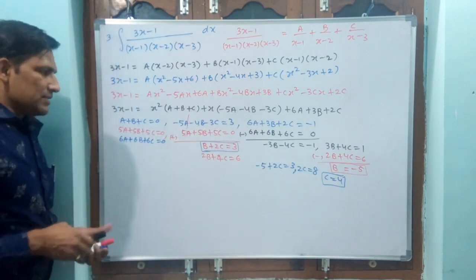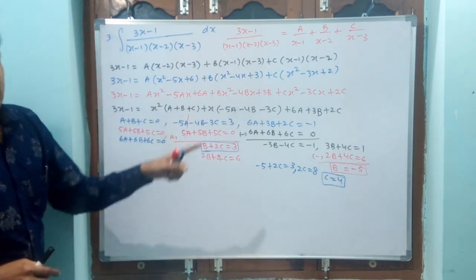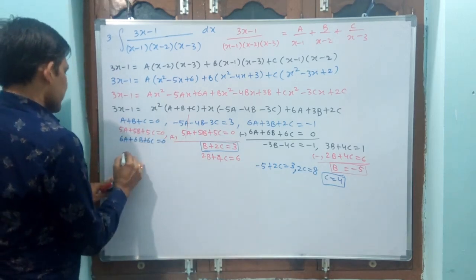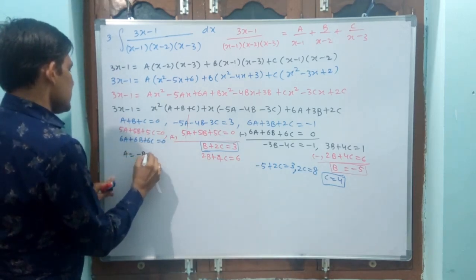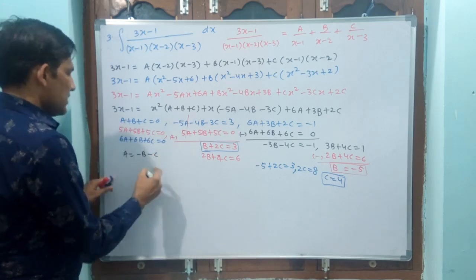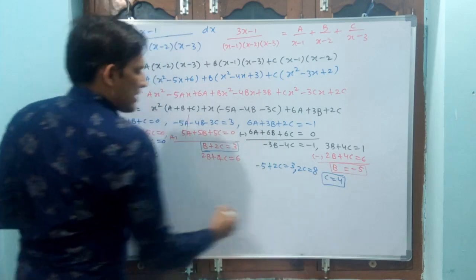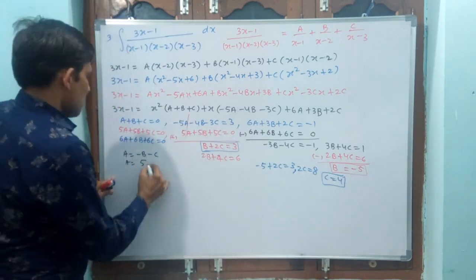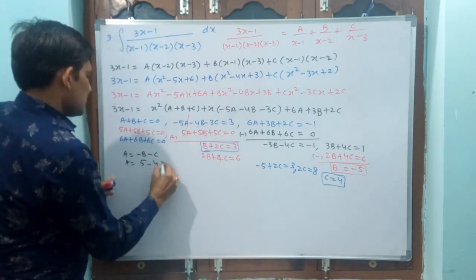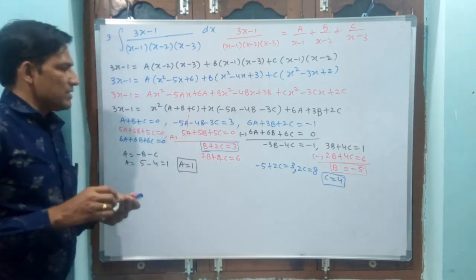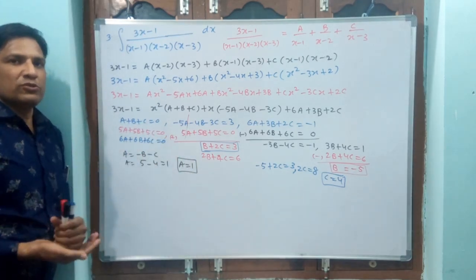C also you have got. See, when you get b and c, then you can get a also. a plus b plus c is equal to 0. See how I am writing? a is equal to minus b minus c. Okay? Then a is equal to minus b means b already minus is there. Minus of minus plus 5 minus 4, that is equal to 1. a is equal to 1 will be another value. a is equal to 1, b is equal to minus 5, c is equal to 4.